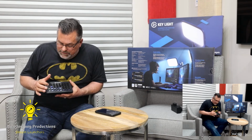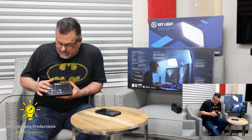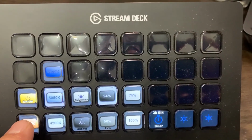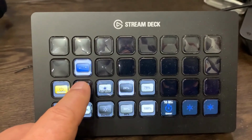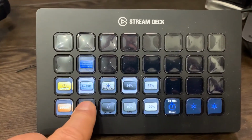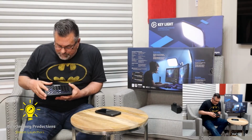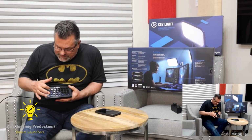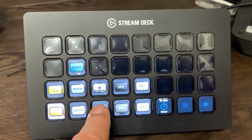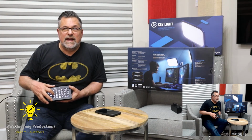Again, then I have the ability to change the temperature. So I'm at 5,000 K approximately, and that's a little bit brighter, a little bit cooler. Then I can go down to 3600K, and that makes it a little bit more yellow light. And then if I wanted to, I can change what I have set on here. I can change the brightness up and down. So I can just click down like this, and it goes down in increments of 10%, I believe I set it at, and then all the way up